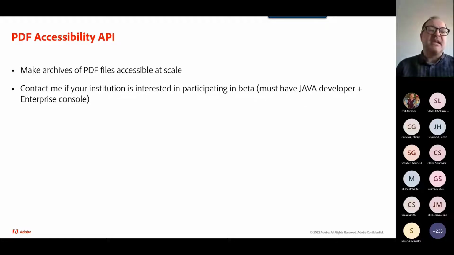And on the PDF Accessibility API, a little bit more detail on that. That will make archives of PDF files accessible at scale, because you might be in a position where you can adopt best practice going forward, or maybe you've been doing that for a few years, but what about those 25 years worth of PDF files that you already have? It's a daunting task to convert those 20,000 PDF files and make them accessible one at a time. So the Accessibility API allows you to do that at scale. If you are interested in participating in the beta for that, please let me know. On your side, you would need to have a Java developer available, and you'd need to have an enterprise console, because that's how that tool is